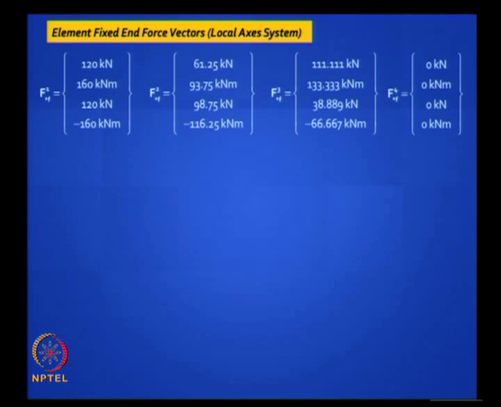Please note there are 4 items here, 4 components in these vectors. The first one is a force, the third one is a force, the second and the fourth ones are moments. So the units should be correctly entered. Is it clear? Had all the units been the same, you could have put it outside, but since the units are different, you have to put the units inside. Clear? What do we do next?